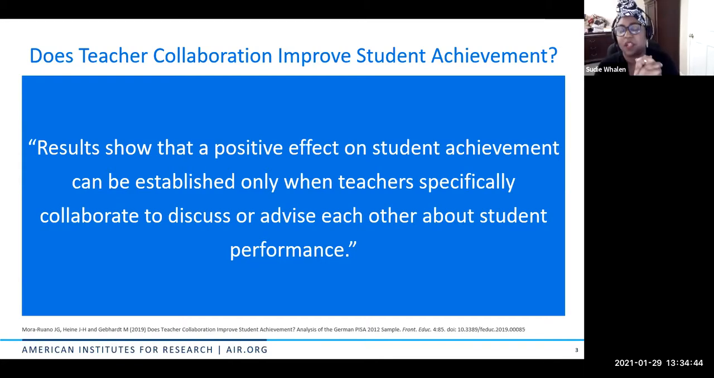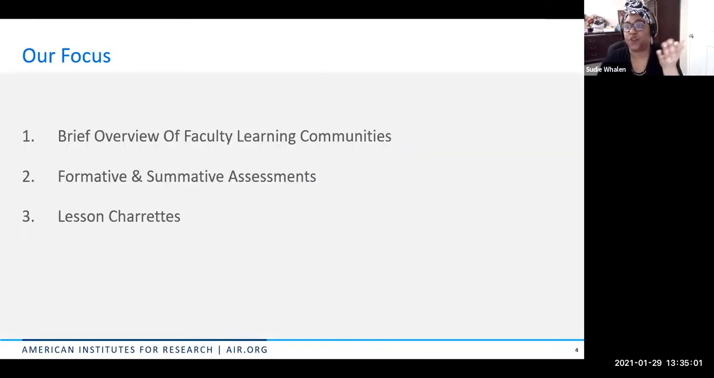I love that particular study, but there's a lot of studies, case studies, and things like that on faculty learning communities and community colleges, four-year universities. And then there's a ton of information on PLCs in K-12 because K-12 gets all the attention. But anyway, moving on. So our focus today is going to be a brief overview of what a faculty learning